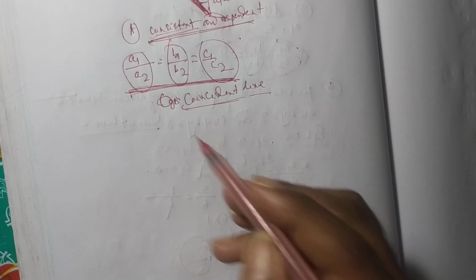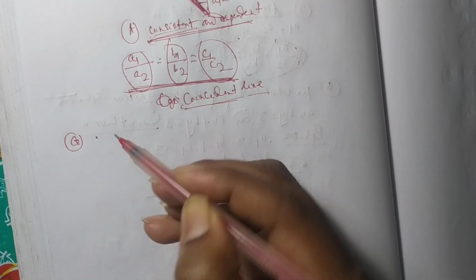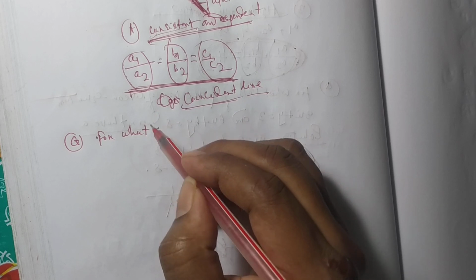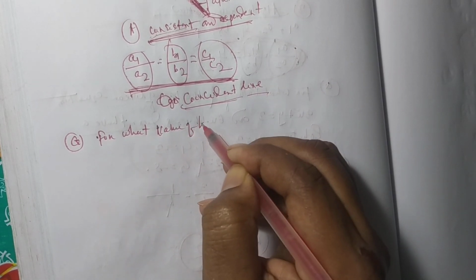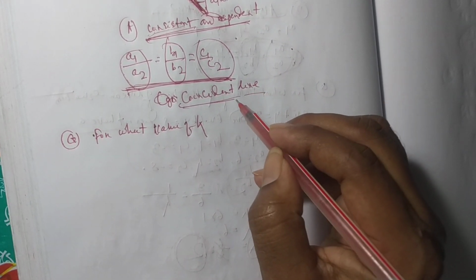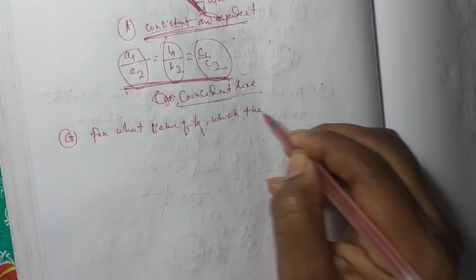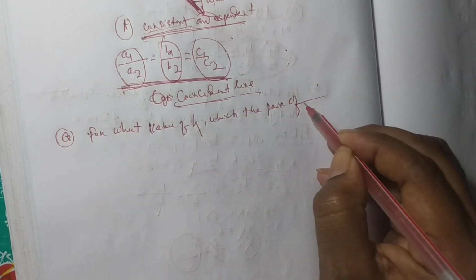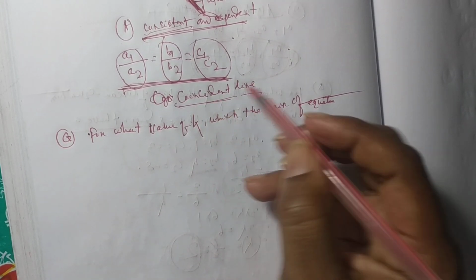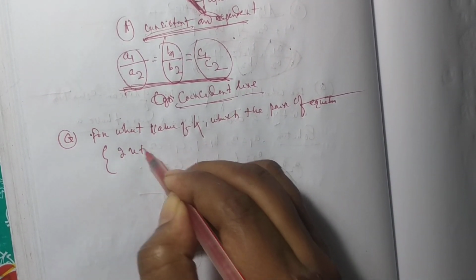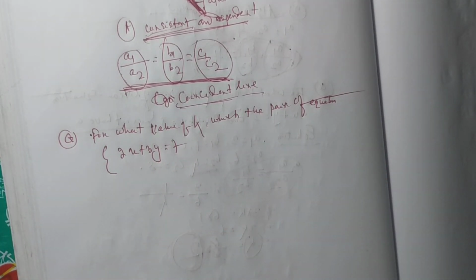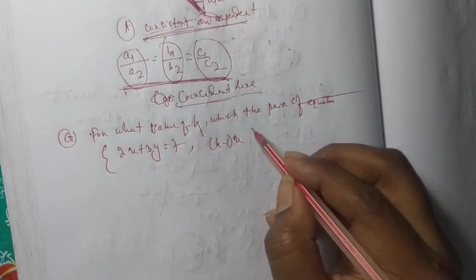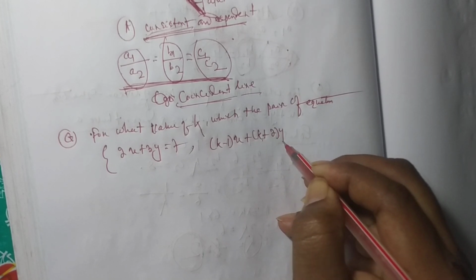Question: for what value of k does the pair of equations 2x plus 3y equal to 7, and k minus 1 whole into x plus k plus 2 whole into y equal to 3k,